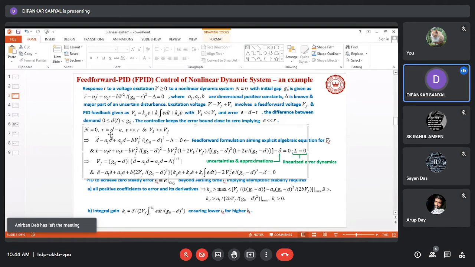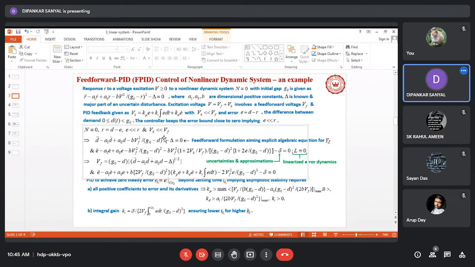And in this equation, we can clearly see that the only unknown is this voltage. So this equation we can exploit to obtain the feed-forward voltage part. And now in this equation, instead of just replacing d r by d, we replace